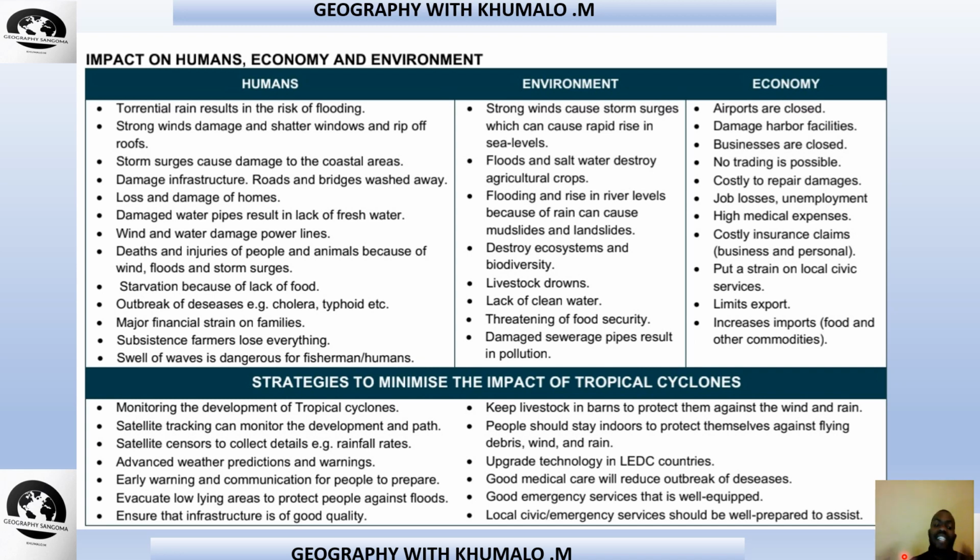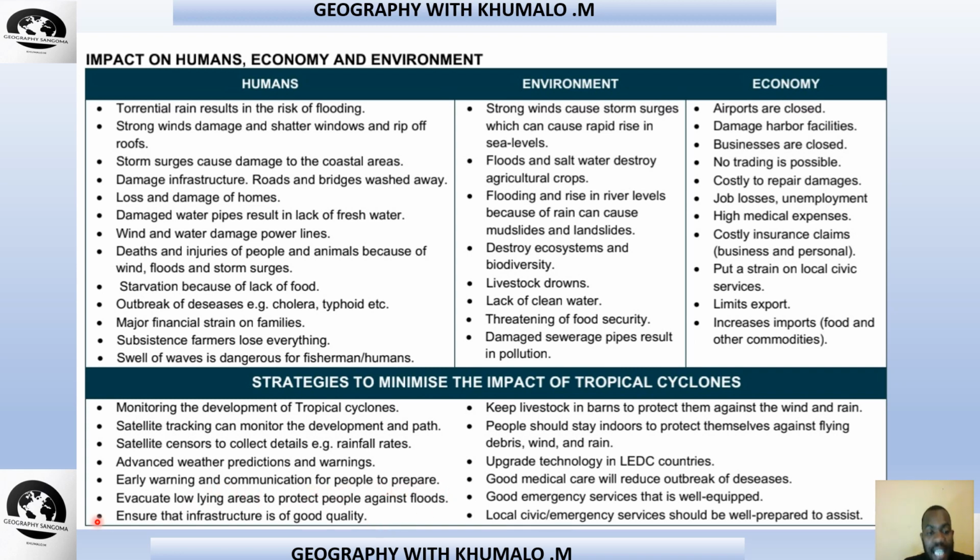Now, what are the strategies, grade 12, that we can use to minimize the impact? Remember, we can't stop the tropical cyclone because they're natural disasters, or natural weather phenomena. Now, we can install monitoring systems to monitor the development of tropical cyclones. We can use satellite tracking to monitor the development and the path, and satellite sensors to collect details such as rainfall rates, to give weather predictions and warnings to people, with early warning systems and communication for people to prepare